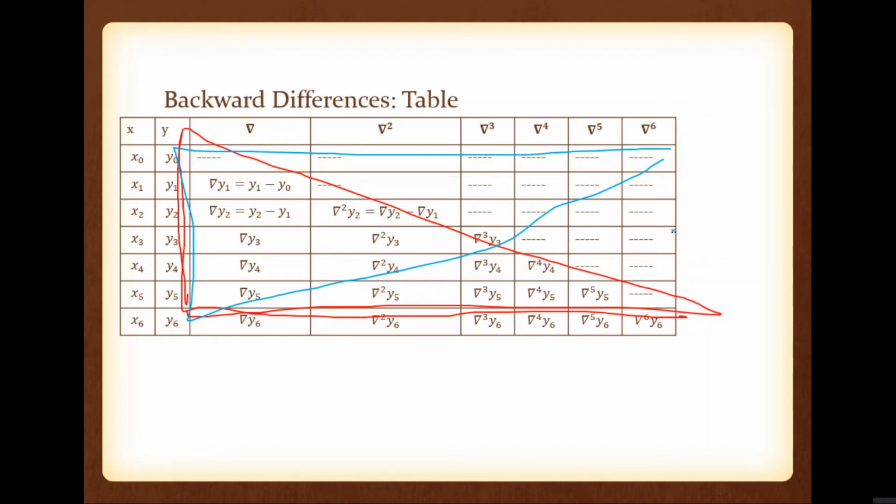In the first column, shifted by one position. In the second column, you can see that it is shifted by 2 positions. In the third column, that one is shifted by 3 positions. Like that way, you can see that. But the values are the same. Only the position is changing. In the backward difference table, this one is the shape, that red color. In forward difference, that blue color, that one is the shape. Okay, so just find it. So this is backward difference.